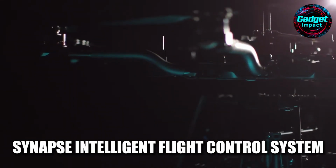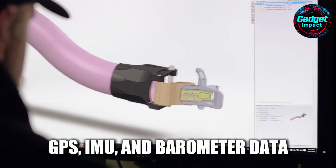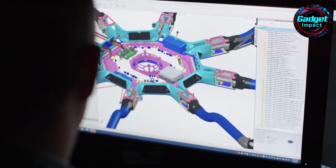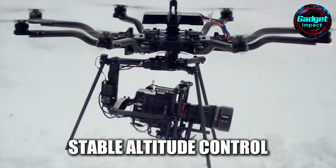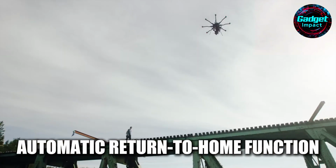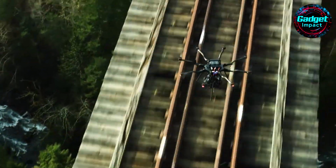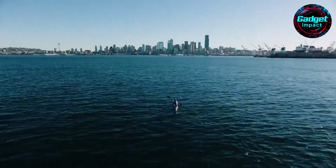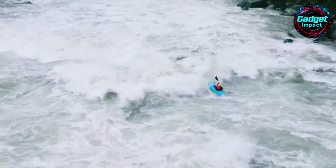The Synapse Intelligent Flight Control System integrates GPS, IMU, and barometer data for precise positioning and stable flight even in challenging conditions. The drone features adjustable real-time speed limits for precise camera movements, stable altitude control through height hold, and an automatic return-to-home function that avoids obstacles by flying at a safe, predefined height. High-speed data logging via micro SD card allows for performance analysis, and the Alta app provides comprehensive control